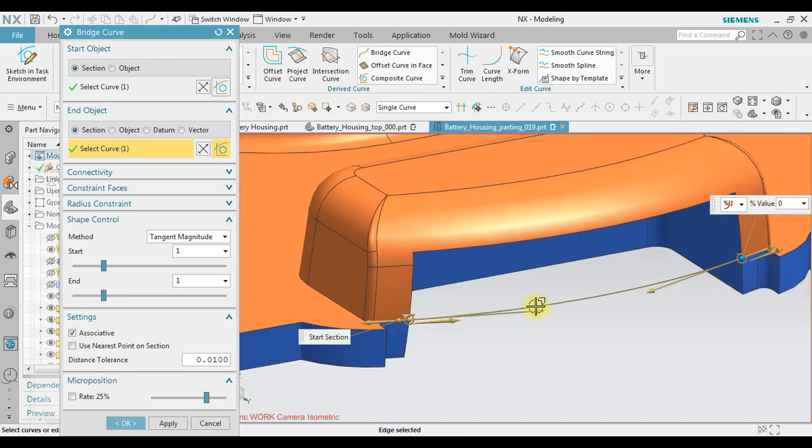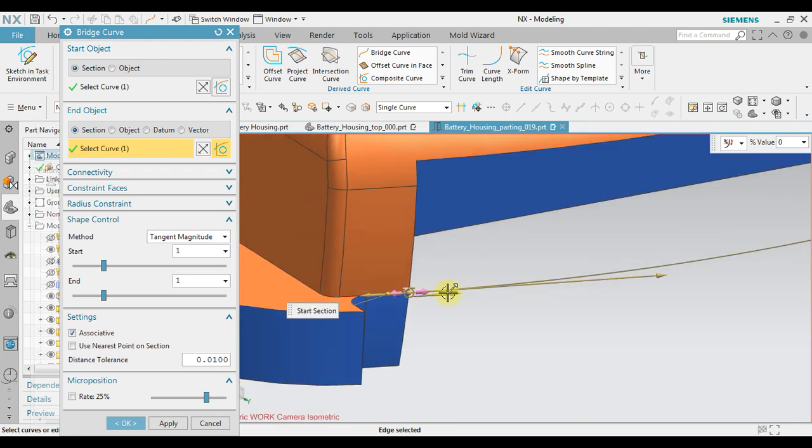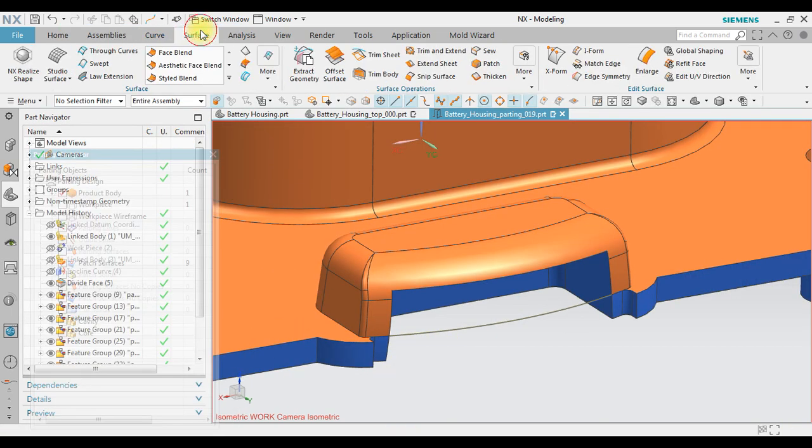Since the patching surface will lie on this surface, we need to create a new curve in here. It should not be here. It should be here. Okay. We click OK.